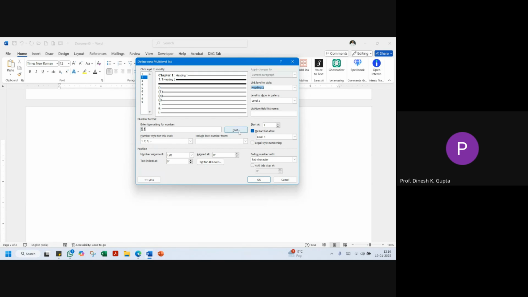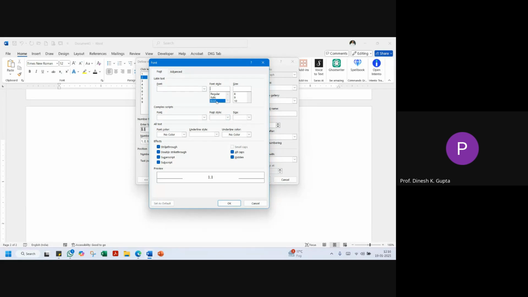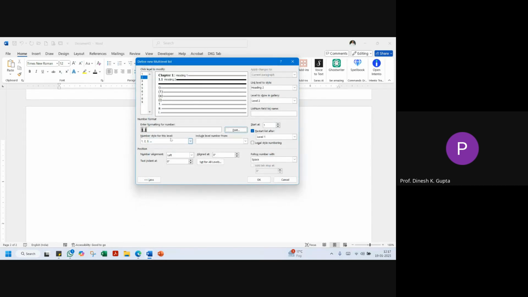Now I'll put a point here, and now 1 format 1, and now it should be level 2, heading 2, and space and font. Let us make it bold, Times New Roman, and let us make it 14, and done. If you want to change the color, you can change the color also. So we have done